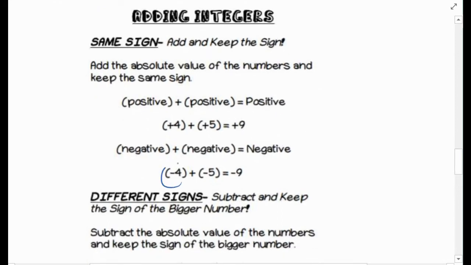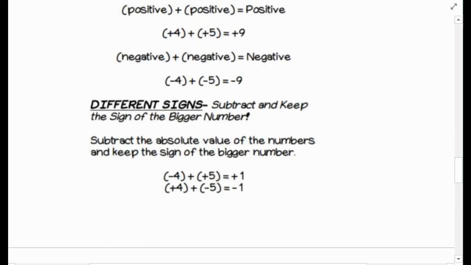And you have negative 4, negative integer tiles, and 5 negative integer tiles. In total, how many negative integer tiles do you have? Negative 9. So negative plus negative stays negative. Okay? So later on, when you learn multiplication, negative times negative becomes positive, but that is multiplication, not addition. So when you add 2 negative numbers, it becomes negative. When you add 2 positive numbers, it becomes positive. Okay,